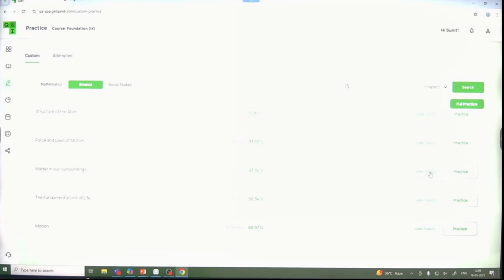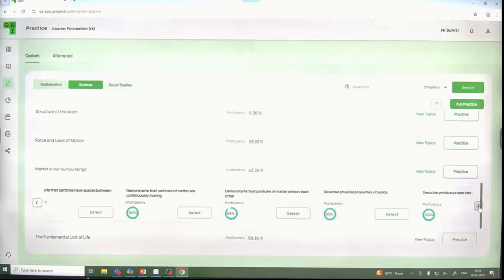You'll view topics. In topics, you get understand matter, demonstrate that matter is made up of tiny particles, demonstrate that particles have spaces between them. All of these topics we have done. If you want to do them, you are most welcome. But what do you need to practice today? Describe physical properties of solid. This is something you can practice for 30 minutes.